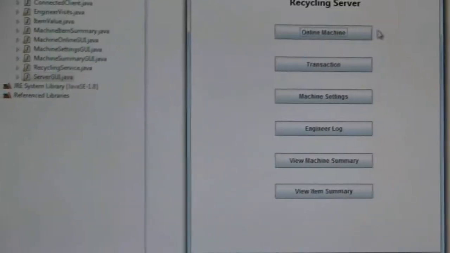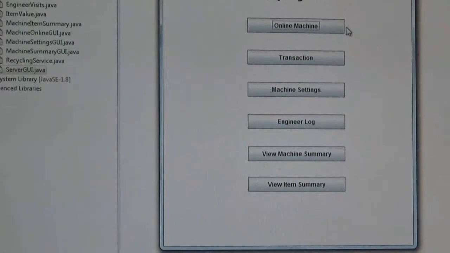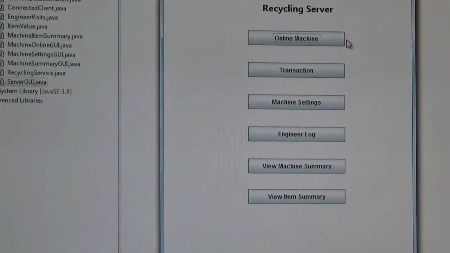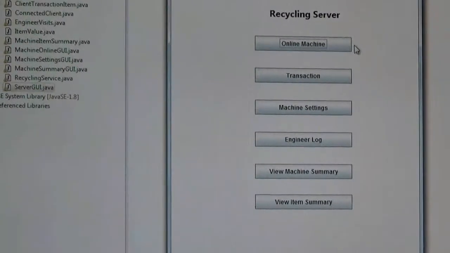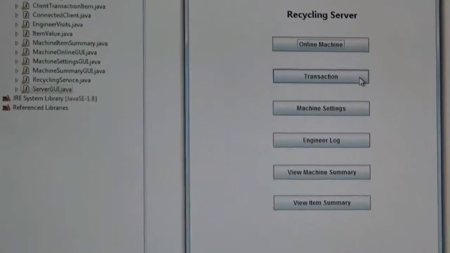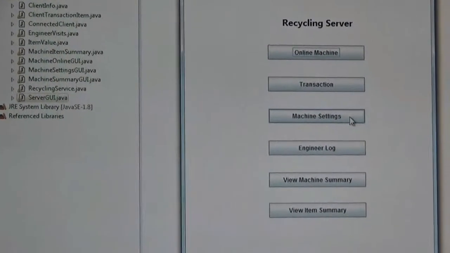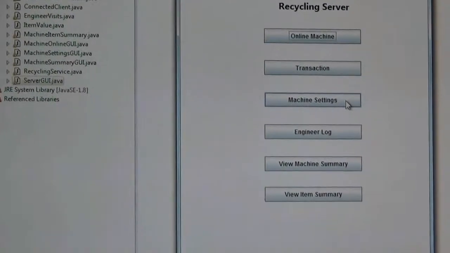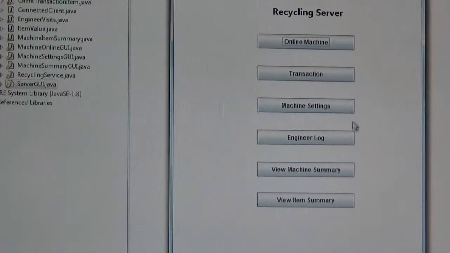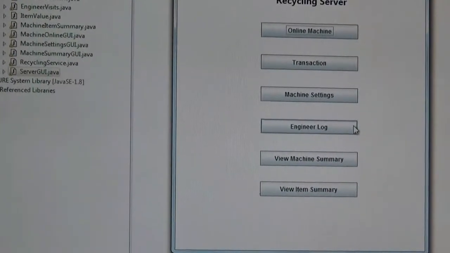In the online machine button, we can view what are the online clients that have been connected to the server. The online transactions can be viewed by this transaction button. Machine setting, there we can set the individual values of the items. In engineer log button, we can view what are the actions that have been done by the engineer in the